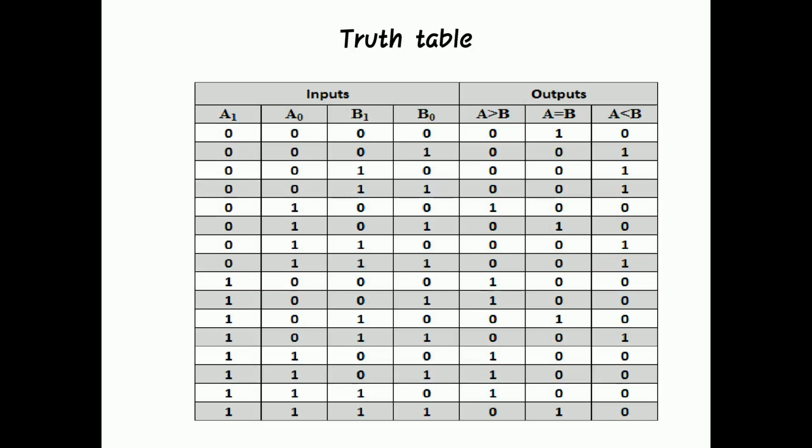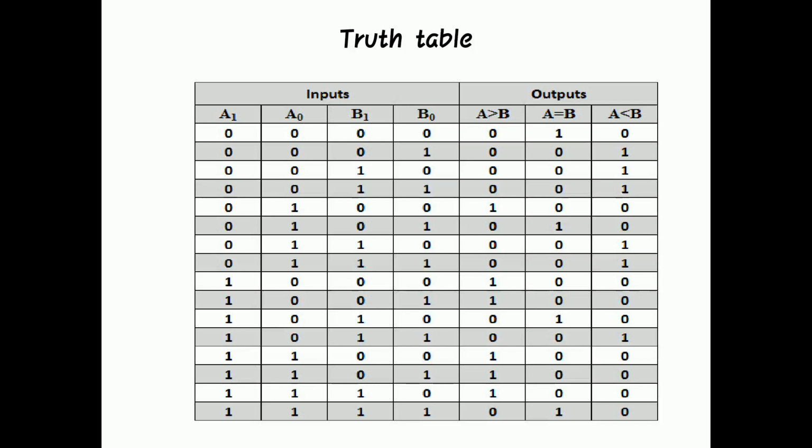So put 1 under A is less than B here. Similarly, go on comparison. Coming to the last combination, that is 1 1 1 1. 1 1 1 1 is nothing but what? A is 1 1, B is also 1 1. So both are equal. Put A equal to 1, rest 2 as 0 for the last combinations.